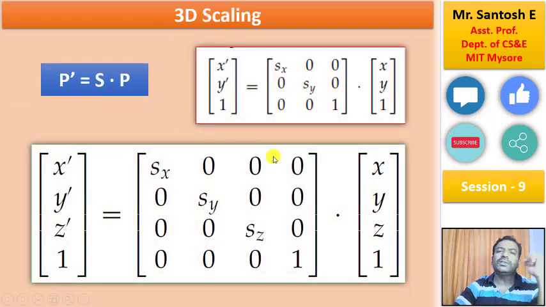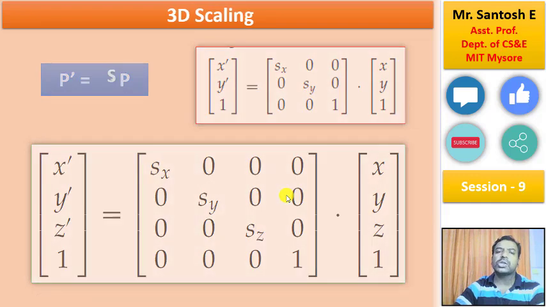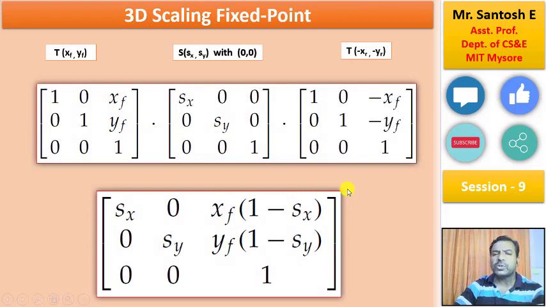So now we'll shift on to 3D scaling. You can observe here, for 2D scaling we use this 3x3 matrix. So now I am going to add a z-axis, and so now I need a 4x4 matrix along with Sx and Sy, the scaling factors. I am going to add Sz as a scaling factor. So this is again a straightforward matrix that I am going to get for scaling. So now, when I was discussing 2D scaling, we discussed 2D scaling with respect to a fixed point.